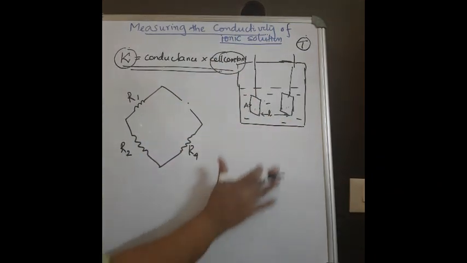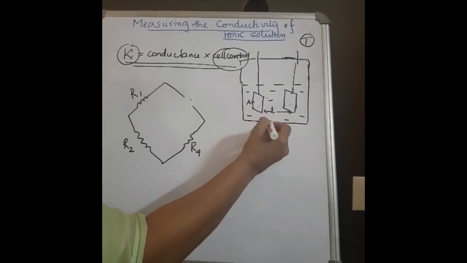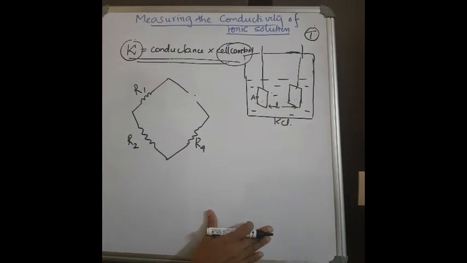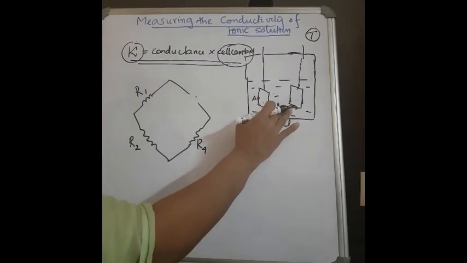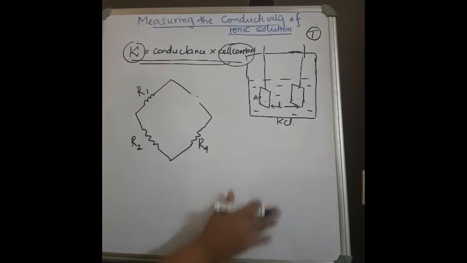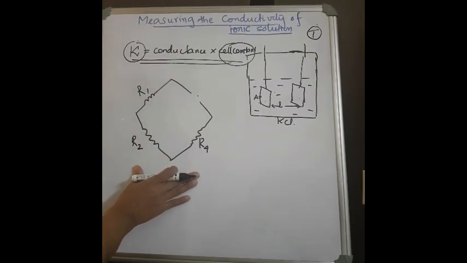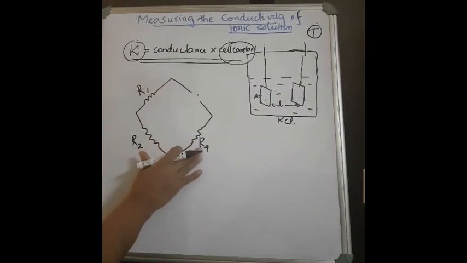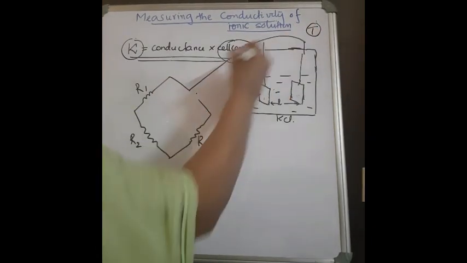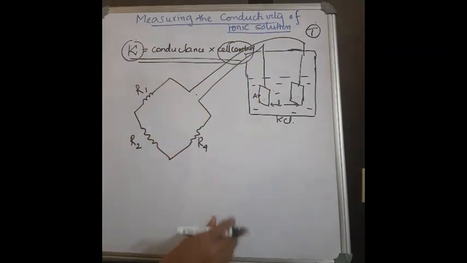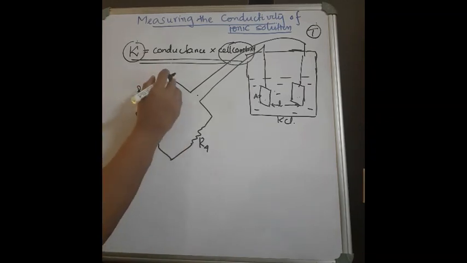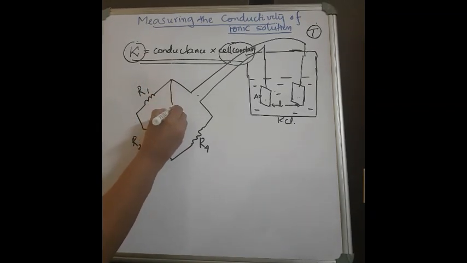Now, fill the given electrolyte, for example KCl, in this specially designed conductivity cell, and we are going to measure the conductivity of this ionic solution. So we have taken the Wheatstone's bridge and you have put the resistances R1, R2 and R4, and R3 we are directly connecting into the conductivity cell, the thermally insulated conductivity cell. You got it? Okay. Then in this Wheatstone's apparatus, you connect a galvanometer,